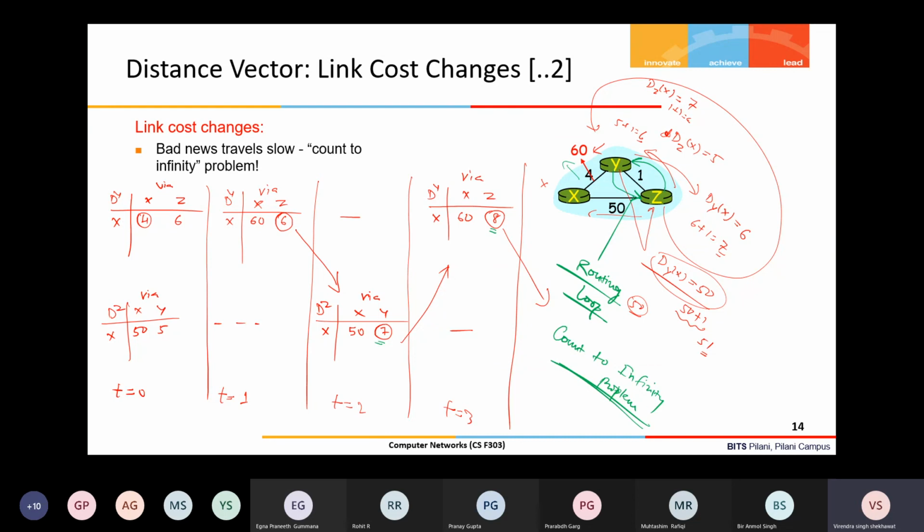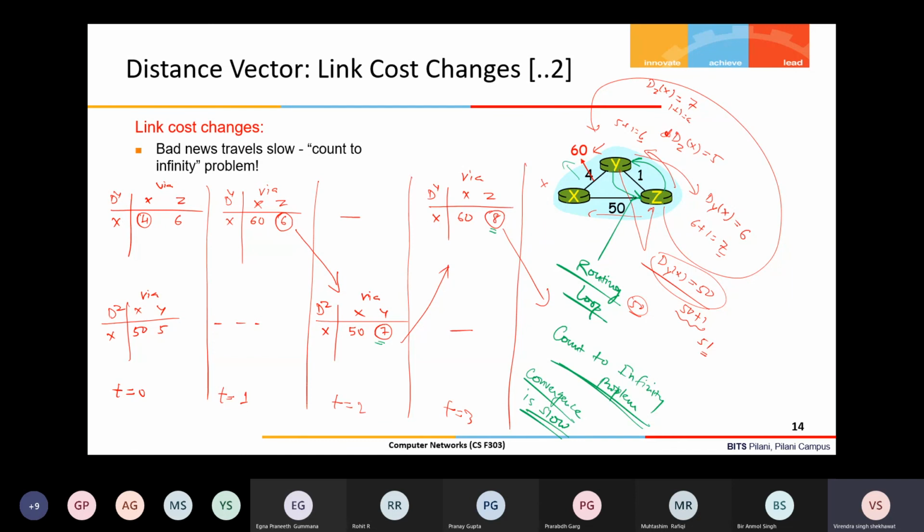Due to this problem, the convergence, hope you understand the meaning of convergence, is slow in distance vector. If any such change happens in the link, it takes a large number of iterations, depending upon the relative values of the link costs, to converge back again.